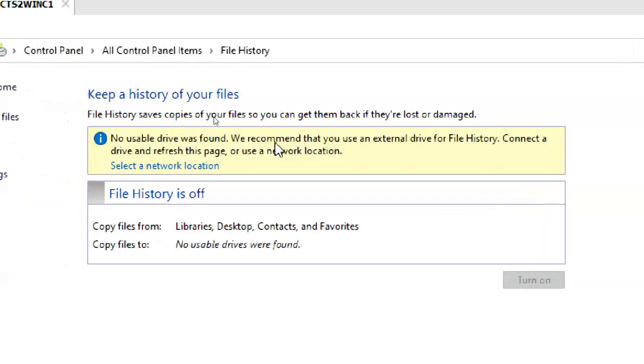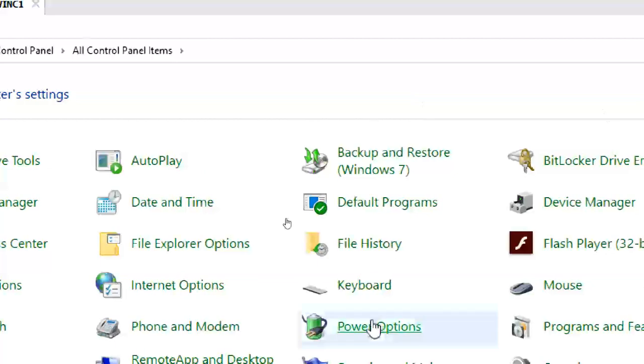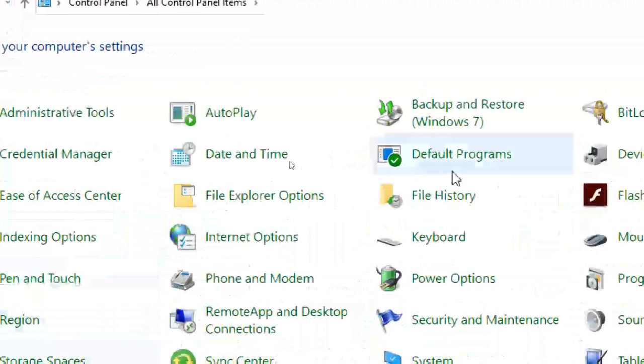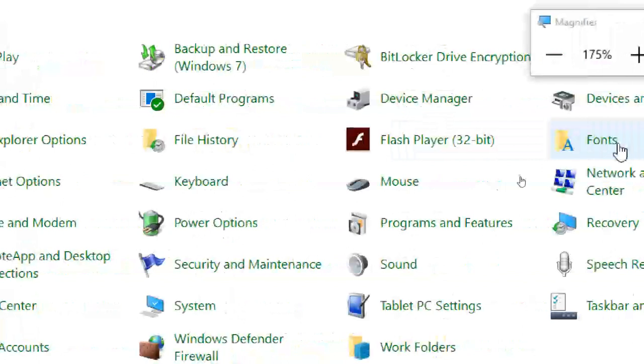So this is file history. What is file history? Your profile data will be stored in an external drive. We recommend that you use an external drive for file history. Connect a drive and refresh, or use a network location. Go to these options, guys. Very simple to learn. Go to control panel, go to each and every option. You learn a lot of things. Okay, this is file history.